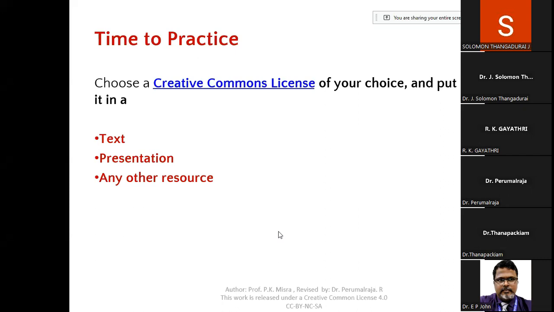If you are preparing some text or taking some photos, that is your own content. You put it on a website or somewhere, but you need to make it clear that it is under a Creative Commons license. Then many can use your resources. Nowadays many people are creating video classrooms or videos for their students.